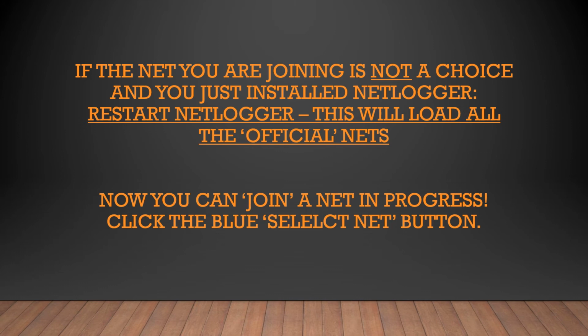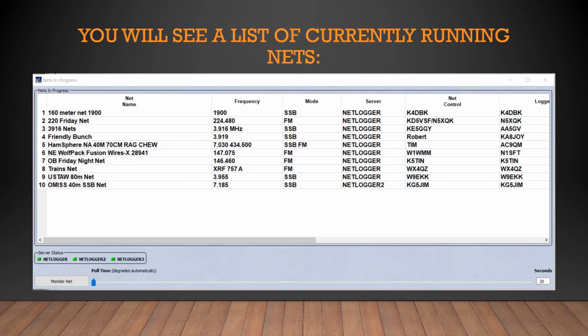And how you would do that is to click the blue Select Net button. You will now be presented with a window that you can resize, which shows you a list of currently running nets. I did this at approximately 7 p.m. on a Friday night, so there weren't too many nets in progress, but you get the idea. Sometimes there can be up to 50 nets running at once, so you basically have to find the net that you're interested in joining,